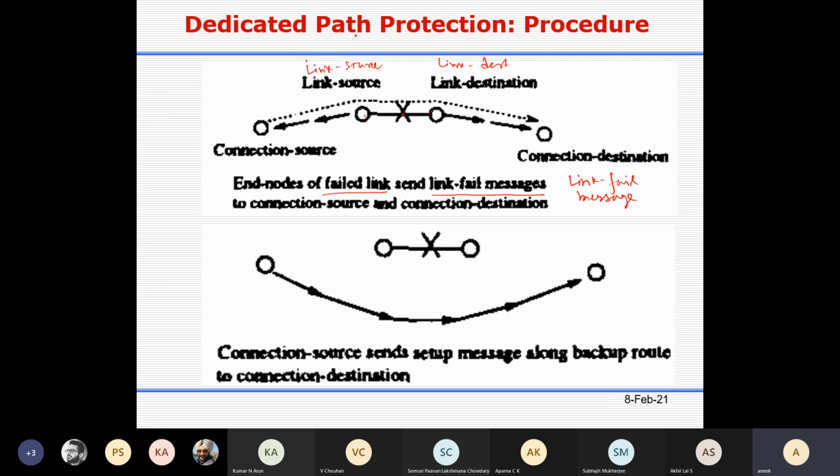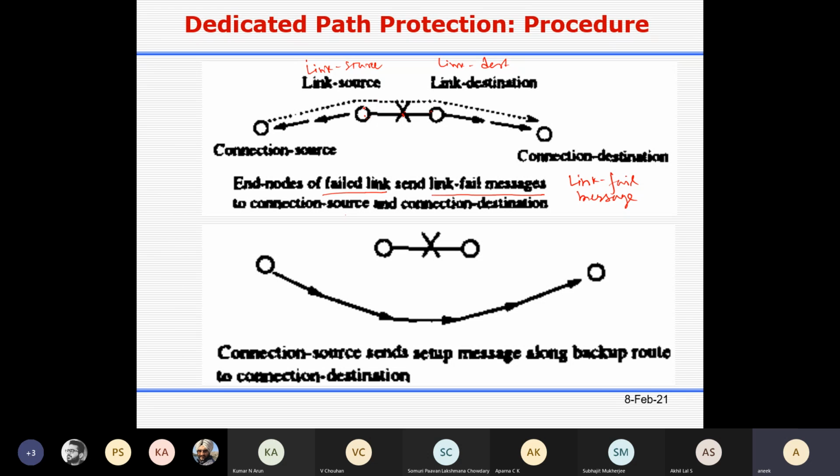So you know that for path protection, there was an existing light path like this. There is a cut, so this light path will go down. Since it is path protection, corresponding to this entire path, we have to set up the light path through the backup path.